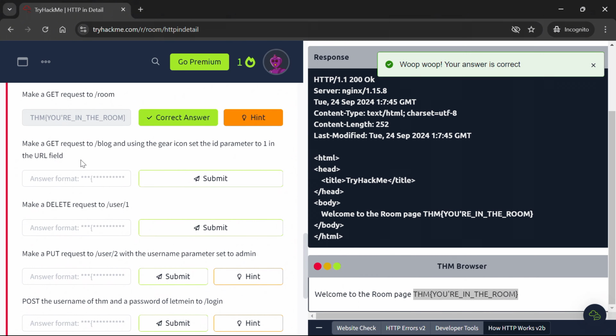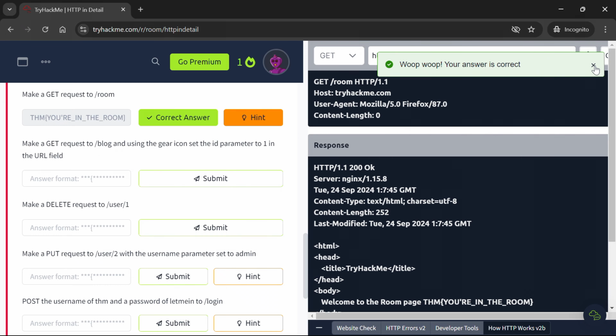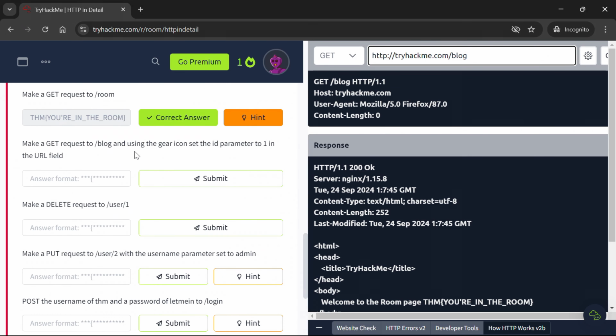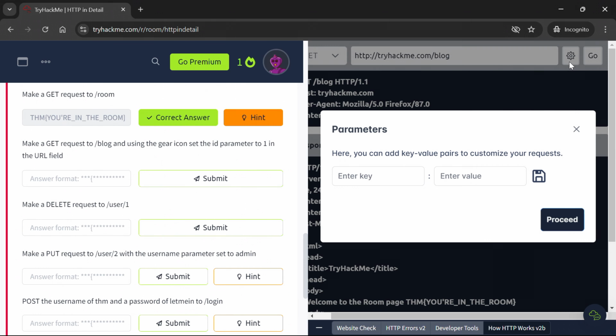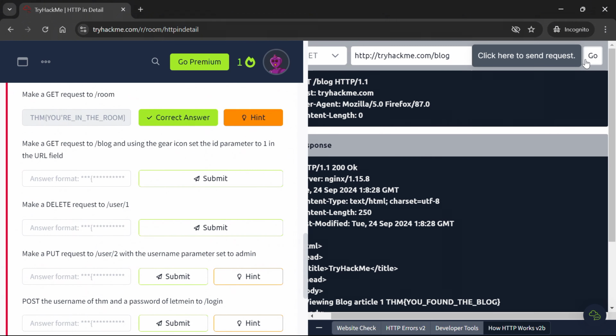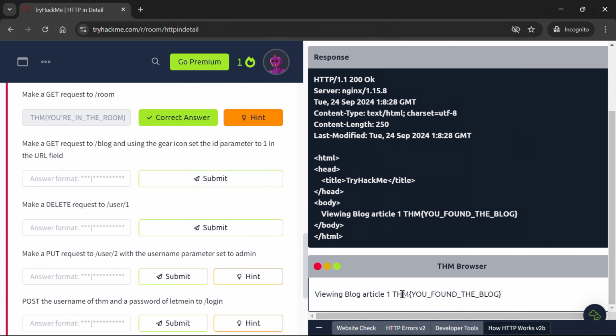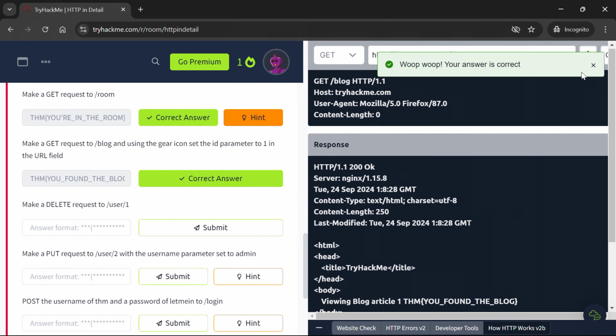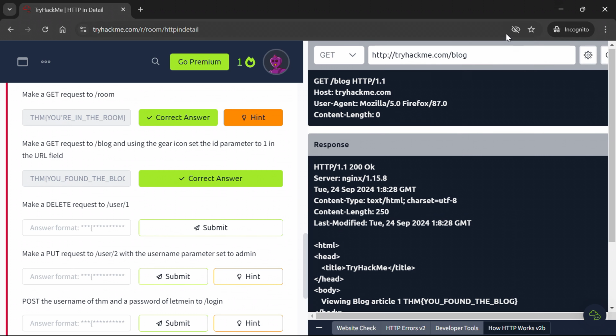And now the second question, make a GET request to /blog. So let's change room to blog, but we have an additional task, and using the gear icon, set the ID parameter to 1. Let's click on the gear icon. The ID is 1. Store that and proceed. Let's send it, and as you can see here we got our flag. And on a normal request, since it's a GET request, you would add it in the URL. Usually you'd use a question mark and add your ID, but for now we have the gear icon